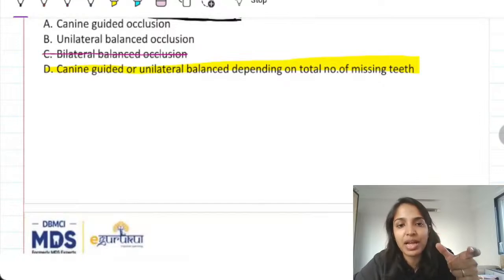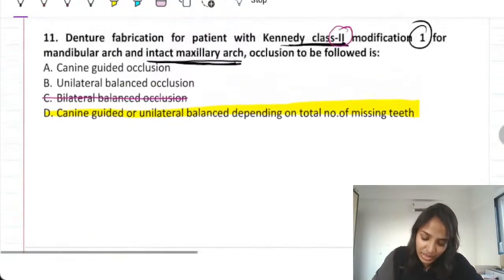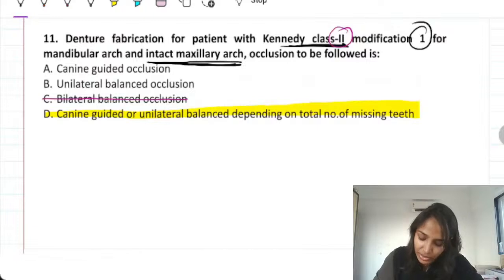If, however, the span of the modification area is more, the teeth have been worn out, then in that case you would prefer a unilateral balanced occlusion. But nothing has been mentioned about either the span of the edentulous area or the number of missing tooth. That is why the correct answer would be canine guided or unilaterally balanced depending on the total number of missing